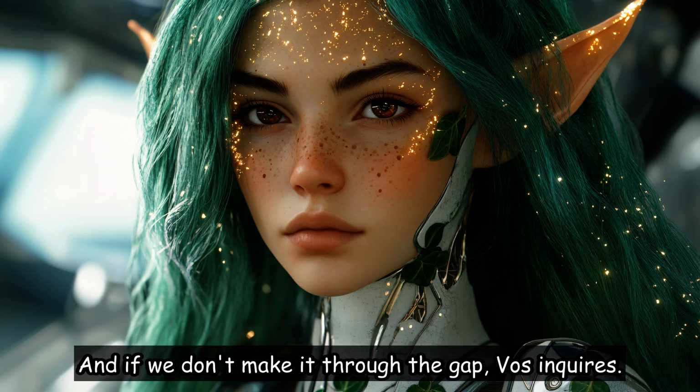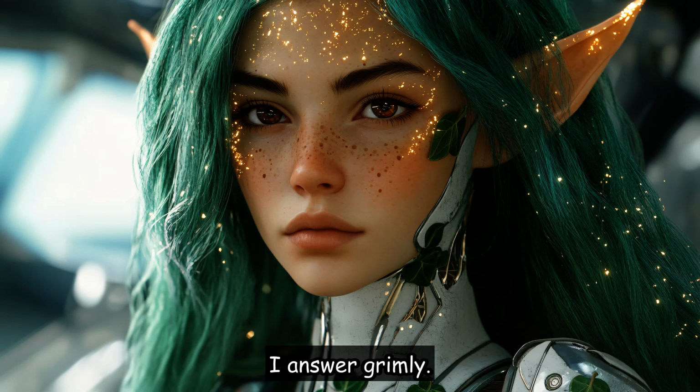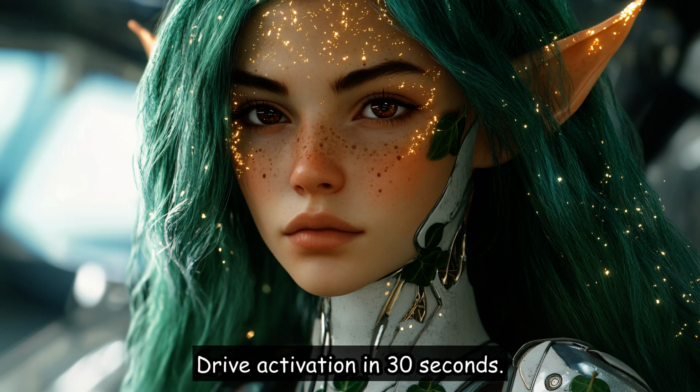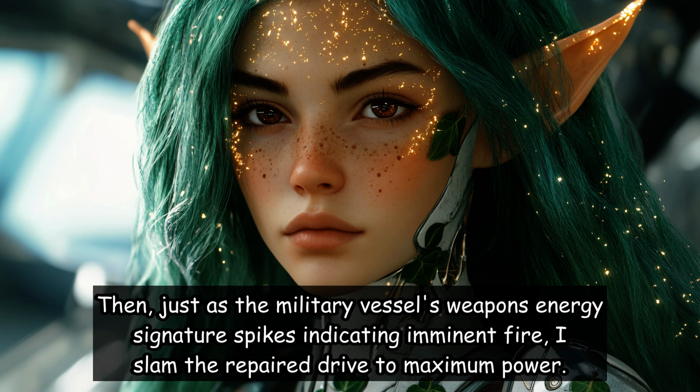"And if we don't make it through the gap?" Voss inquires. "Then none of us has to worry about what comes next," I answer grimly. "Zara, secure yourself. Drive activation in 30 seconds." The moment stretches, filled only by the sound of final preparations and the steady beep of targeting systems still locked on our hull. Then,